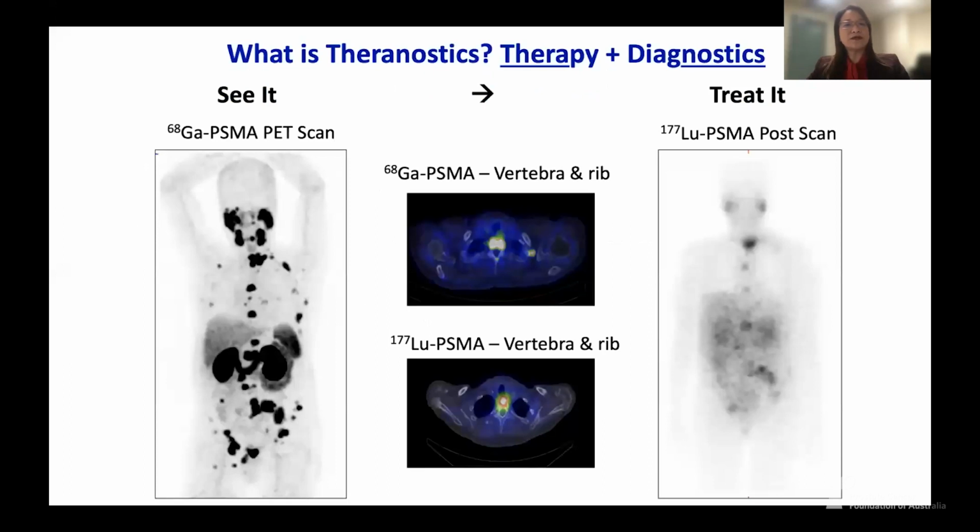What is Stereonostics? It is actually a word that's coined from two words, therapy and diagnostics. And it's like what Matt has said, it's where you see it on a PSMA PET scan, and then you treat it with lutetium PSMA, which is basically the PSMA labeled with a different form of radionuclide that is able to get into the tumors that are expressing the PSMA, like in the vertebra and the rib, as you can see here. And basically, we can actually scan them afterwards as well to see that it has gone into those areas of